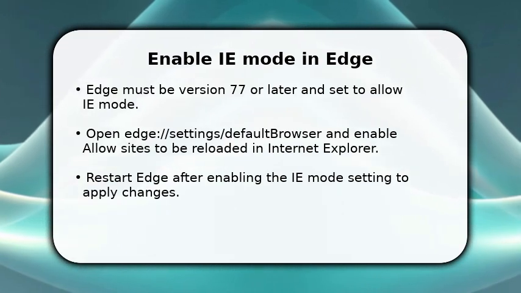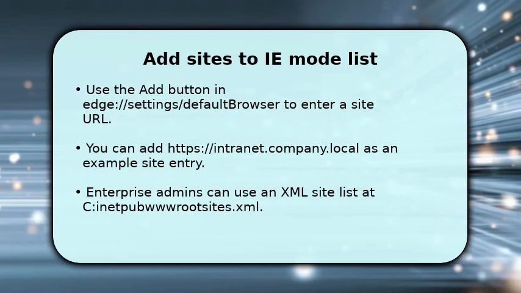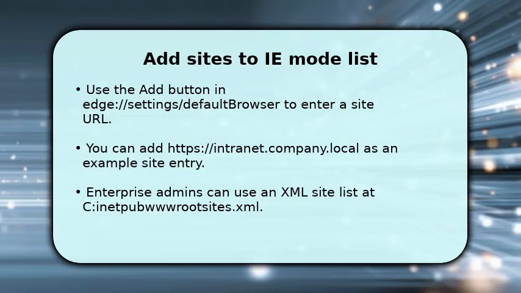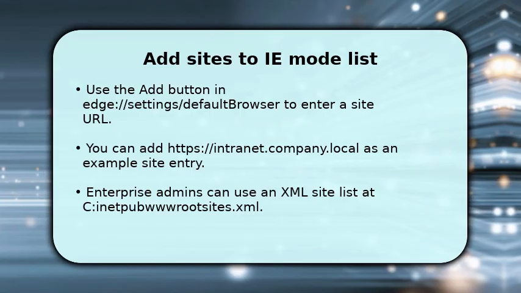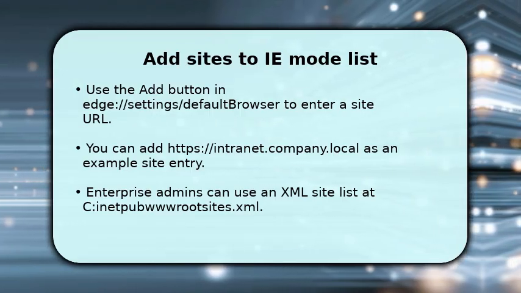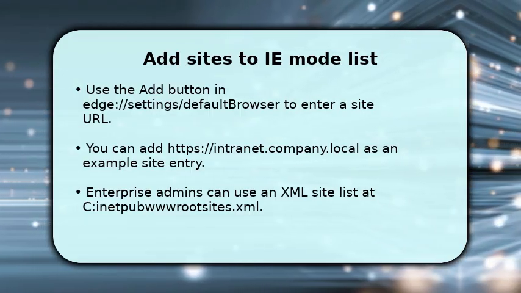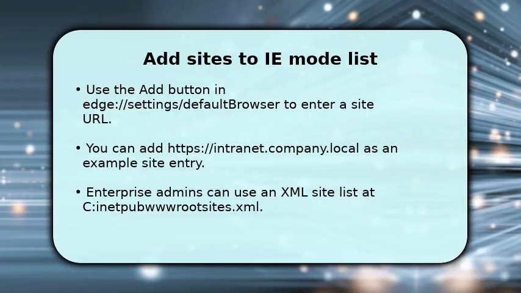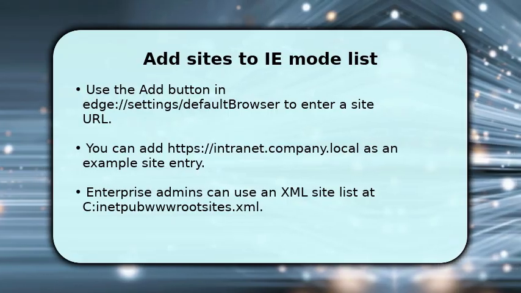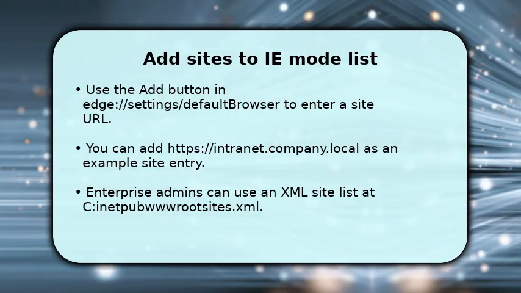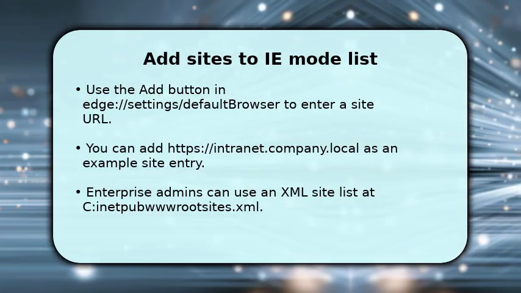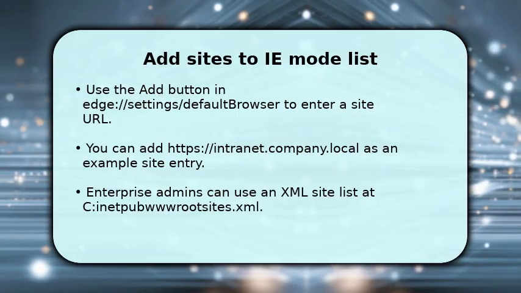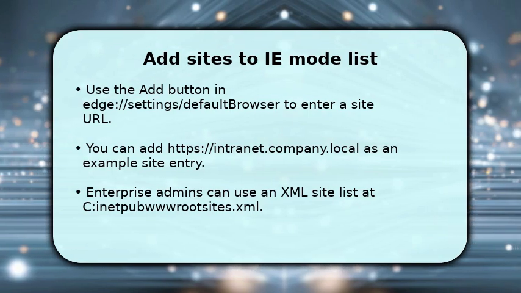Keep administrative access ready. Next, add specific sites that must open in IE mode for compatibility. In the same edge://settings/defaultBrowser page, scroll to Internet Explorer mode pages and click Add. Enter the full site URL like https://intranet.company.local, and save the entry to force IE mode for that domain. For large deployments, administrators create an enterprise mode site list XML and host it at a central URL or file